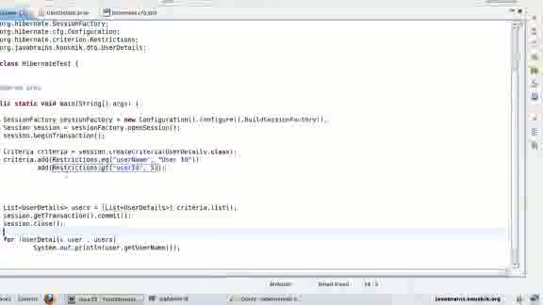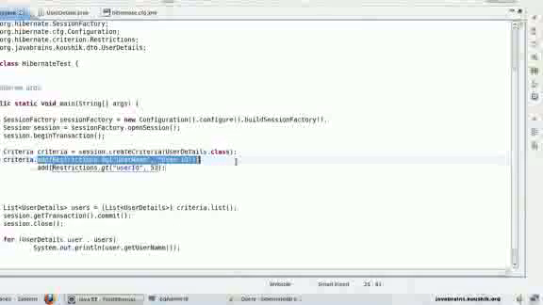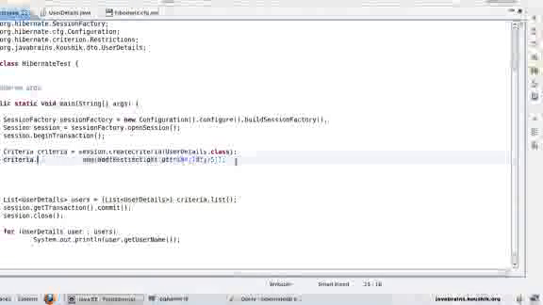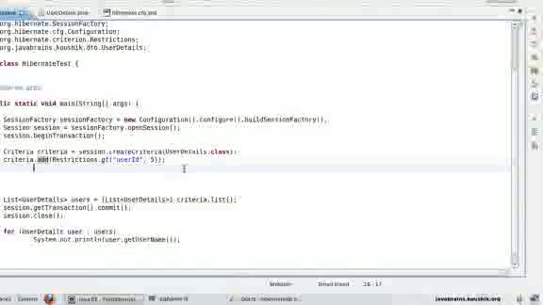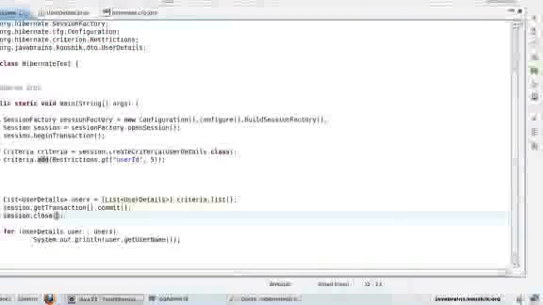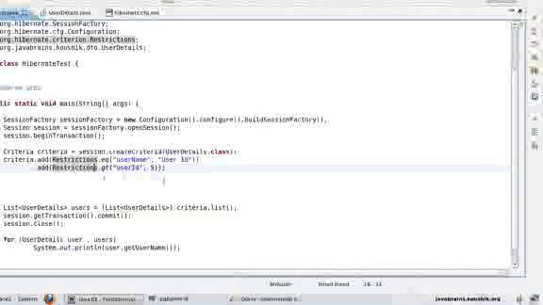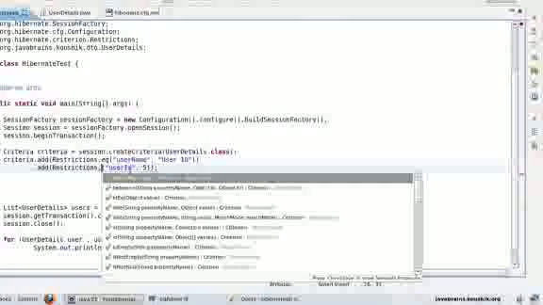Okay, now if I remove this previous restriction, I can just delete this. Now it's going to get me all the records after record 5. There you go, 6 to 10. So this is the way in which we can add any number of restrictions we want. And as far as the restrictions themselves are concerned, we have all the different types of comparators. If you do a control space, you have